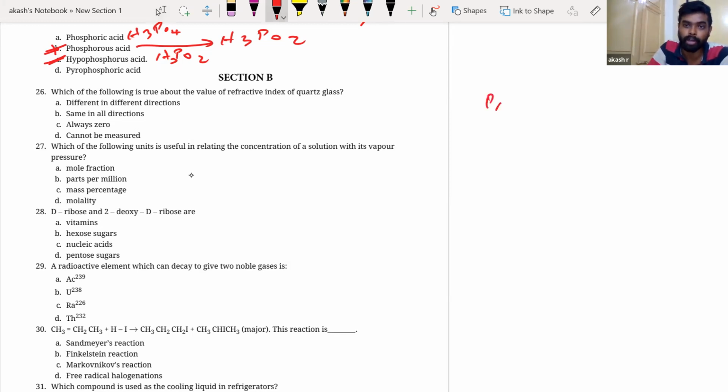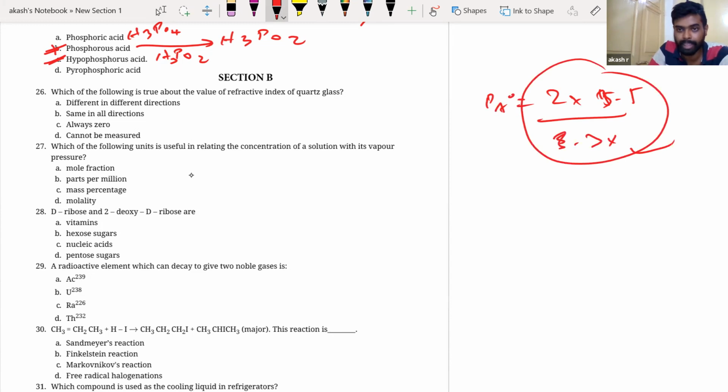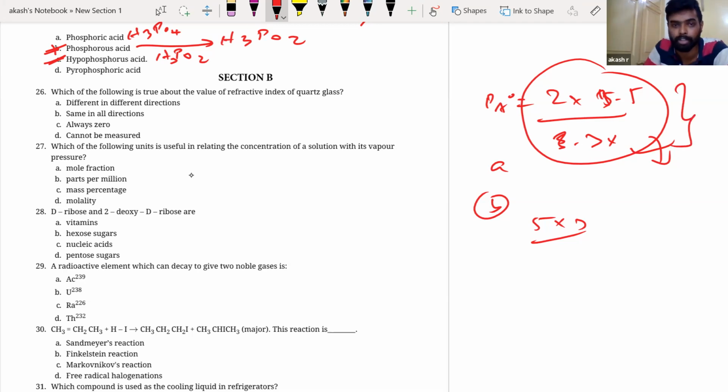Say, for example, I want to know what is PA naught. PA naught is 2 into 5.5 divided by some 3.3 into something like this. They will have options: A is this, B is some other 5 into 3 into something. So like this, they'll ask you, because calculation will itself take a lot of time. That is the reason why they are not going for numericals. Even if you get one, it will be like this only. You don't have to calculate. You just have to substitute the values and show them how the answer will look. Do you understand? It was Mithun, right? Mithun, is it fine?